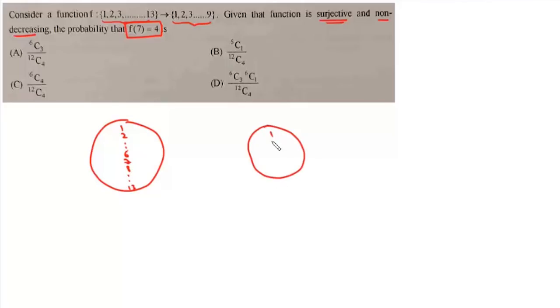Now the question is, consider a function f defined from the set {1, 2, 3, up to 13} to {1, 2, 3, up to 9}. Given that this function is surjective and non-decreasing, then the probability that f(7) equals 4 is. Now we have this set containing 13 elements, 1, 2, 3, up to 13, and here we have 9 elements, 1, 2, 3, 4 up to 9. Now first we will find the total number of ways in which this given function can be surjective